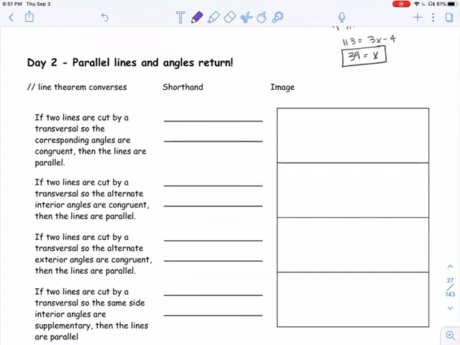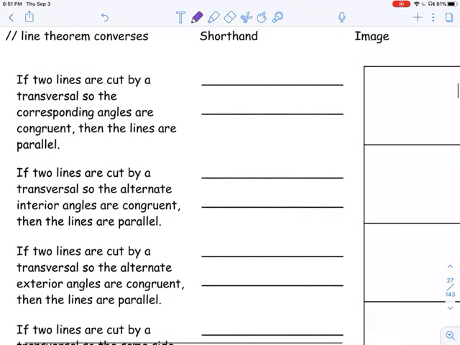We're going to start here with parallel lines and their angles. Last time we used our lines to prove our angles to be congruent, and today we're going to use our angles to prove our lines parallel. So if two lines are cut by a transversal so that the corresponding angles are congruent, then the lines are parallel. Our shorthand will be: if corresponding angles congruent,